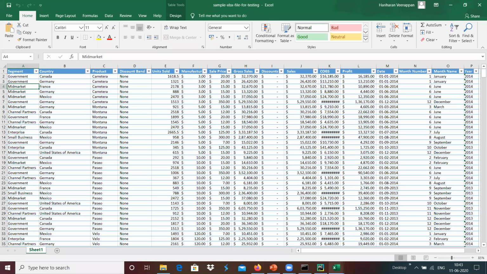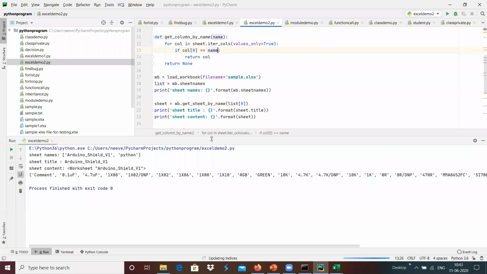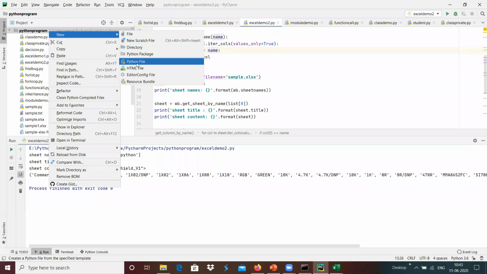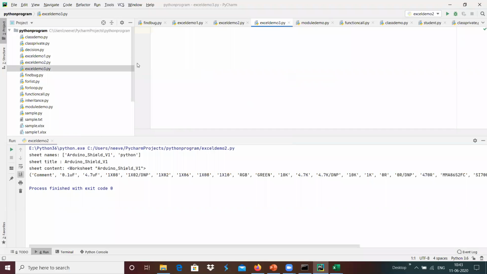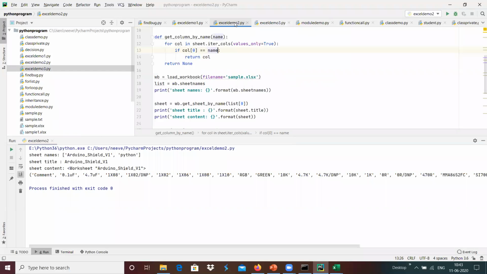I'm going to use the same file. Maybe I'm going to copy this as a separate file for better understanding, Excel demo 3.py over here, and I'm going to copy this complete file.